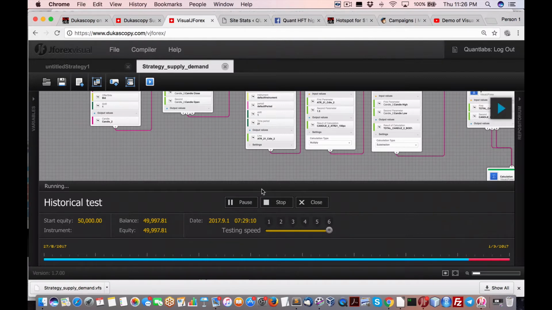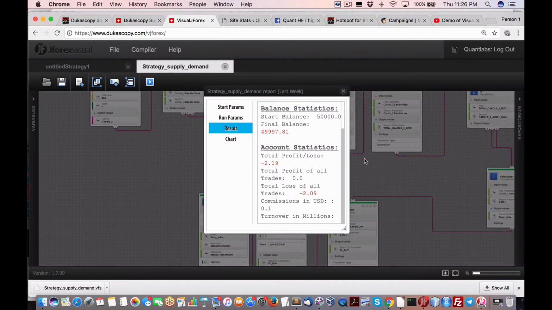The point I'm trying to make here is that we can run this strategy against both historical and real-time data. So maybe I should just stop it. Okay, so here's a report. All right, so